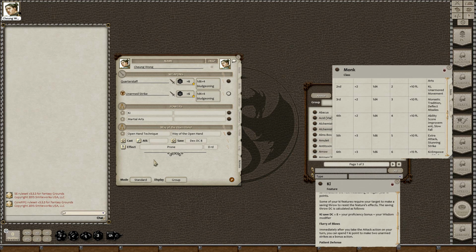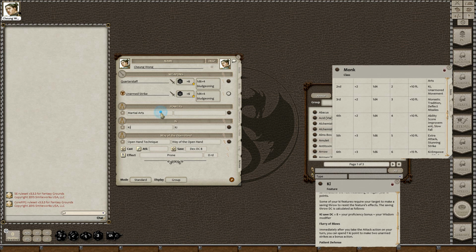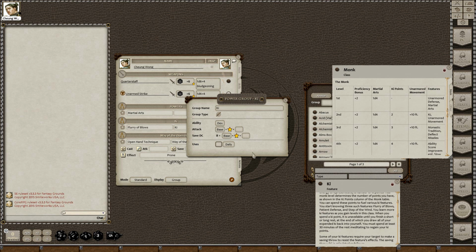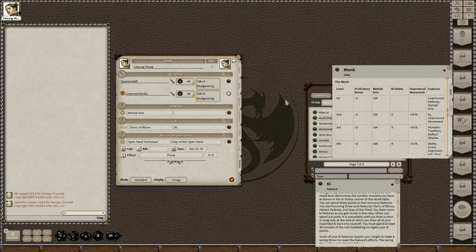So that leaves the key powers remaining. We can drag and drop the key powers in as well, and we find that they don't parse either. They're too complicated for Fantasy Grounds to immediately parse. So we're going to create a subgroup called key, and we'll change the base one to Flurry of Blows. And all we need to do here is record the fact that it's